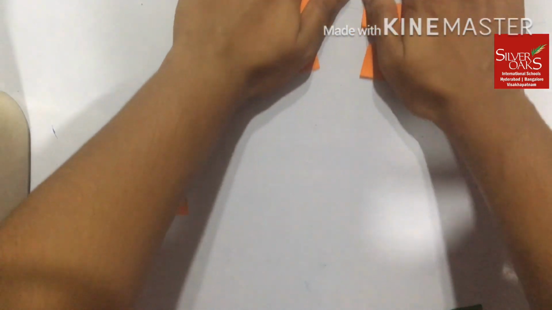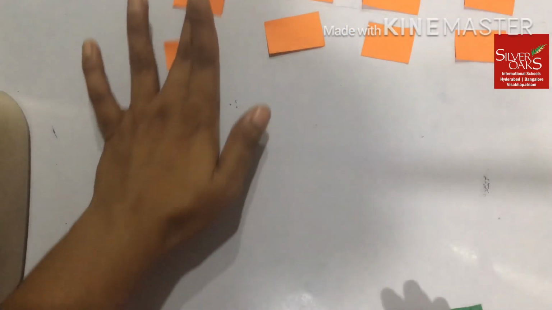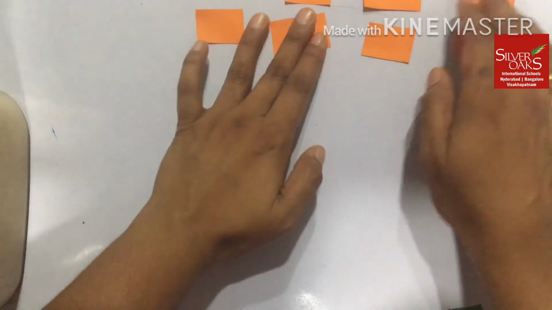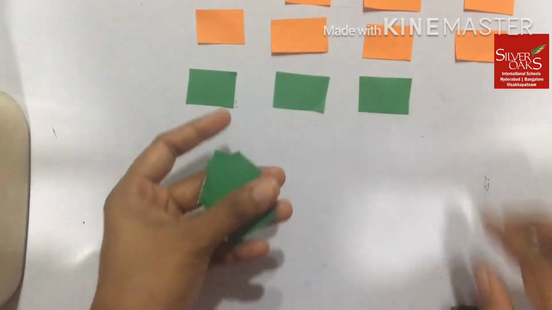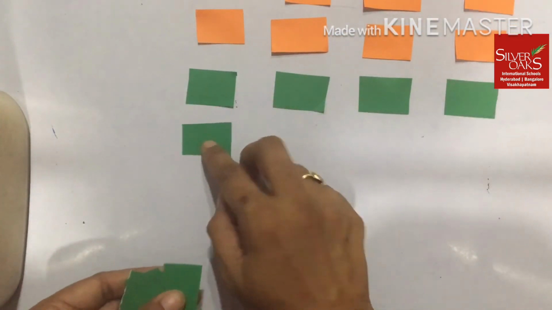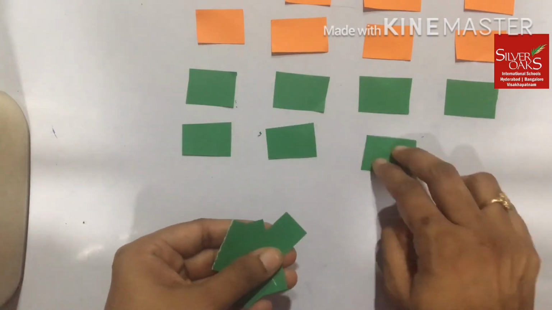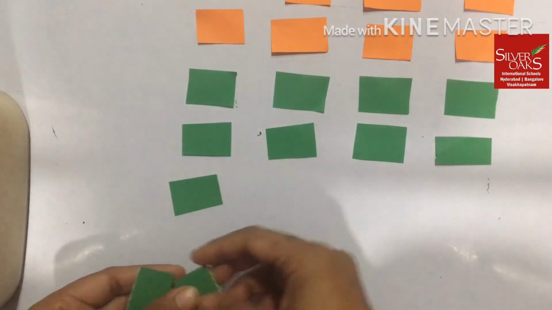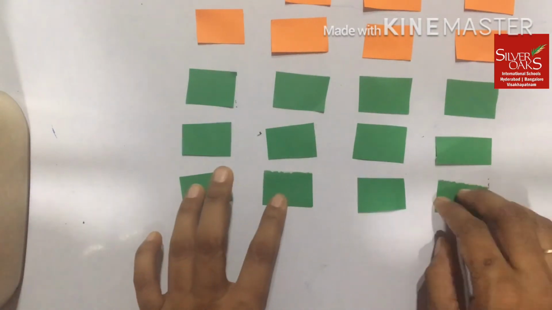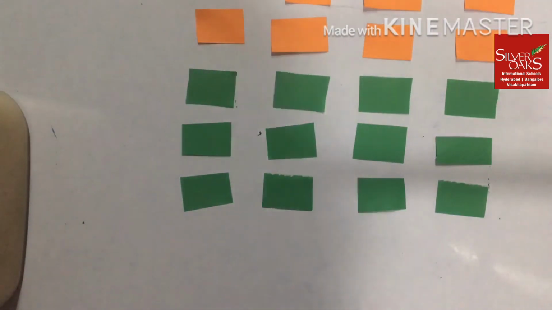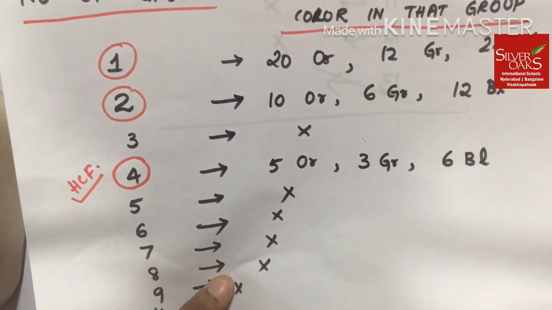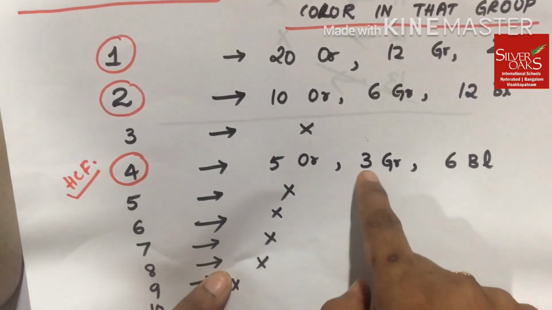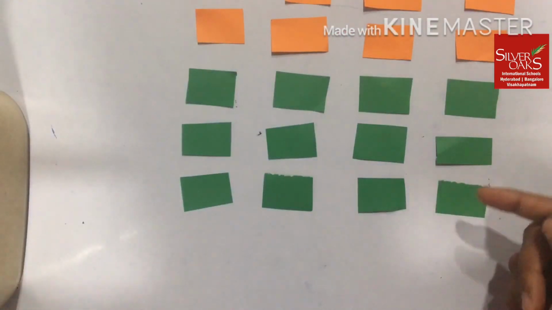So now let me use my green. Again, as we know, we can use a maximum of 4 in each row. So first row, second row, third row, and I have used all of my greens. Again, you can refer to your paper back. If I am using greens and 4 in each row, I'll form 3 such rows, first, second, and my third.